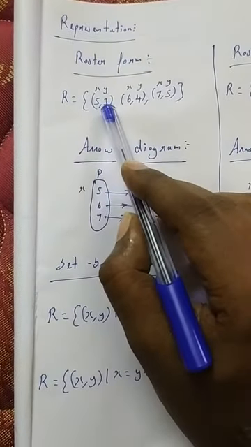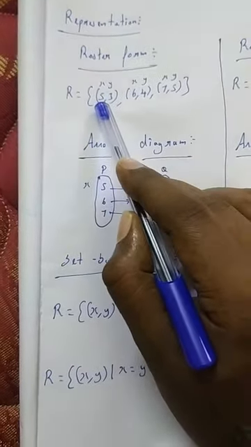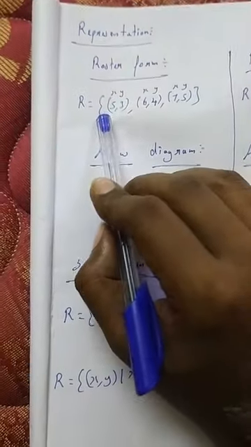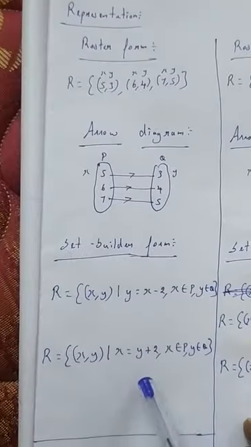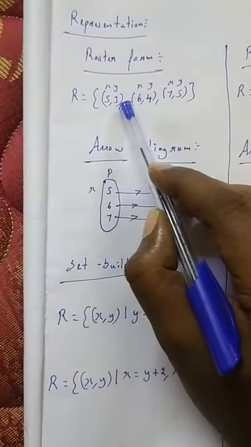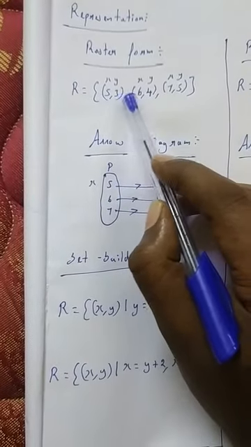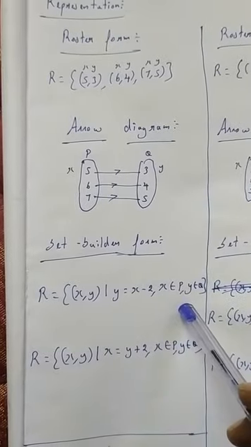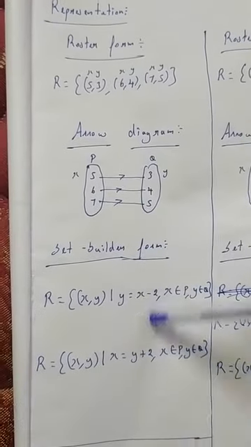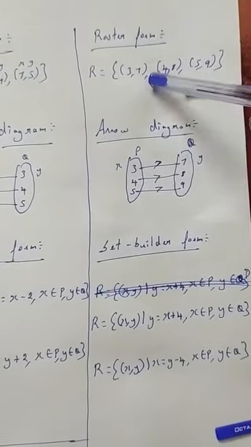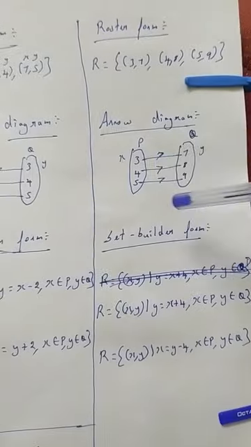If you look at y, it is 2 less than x. That is y is equal to x minus 2. And if you look at x, it is 2 greater than y. So we can write x is equal to y plus 2, right? If we add 2 to this y, we will get x. 3 plus 2 is 5. So we have two ways to write a set builder form. So these are the representations of a set. So we'll go into the next example. Now you will easily understand this one, right?